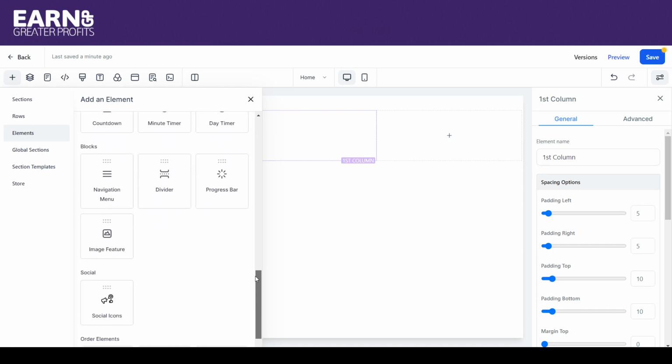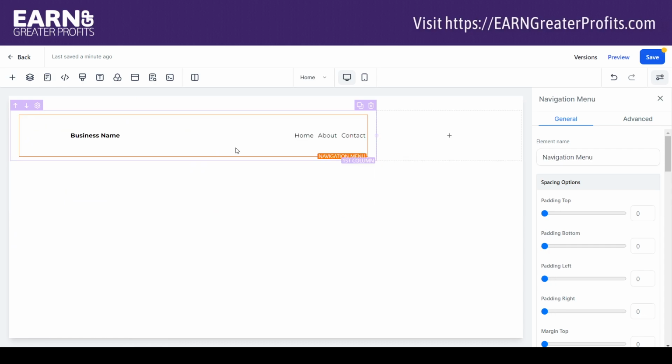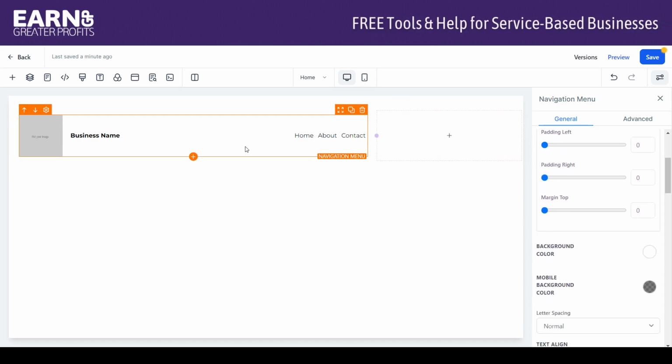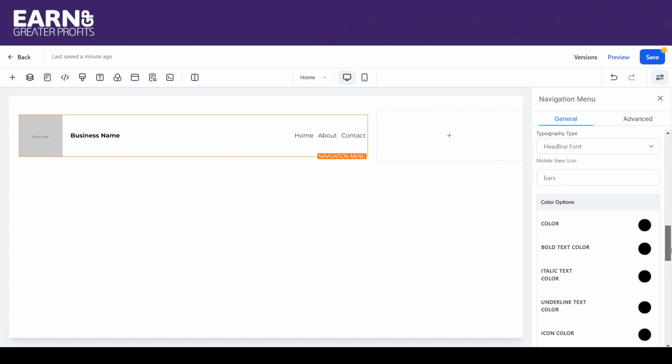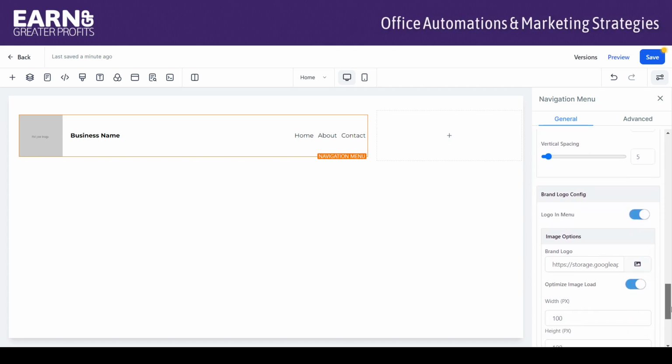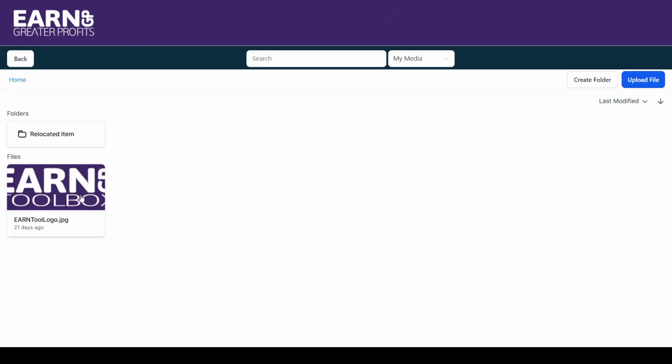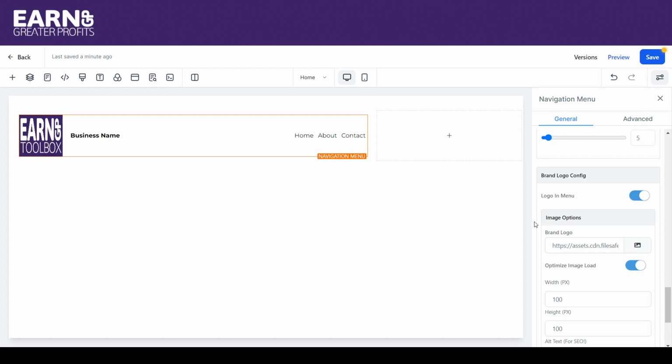I'm going to go all the way to the bottom, and I'm going to add a navigational menu. And you can put your image in there, and so that's what I'm going to do. So it's highlighted in orange. Just scroll down to the bottom here, and I'm going to grab my